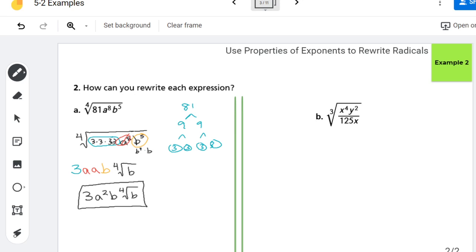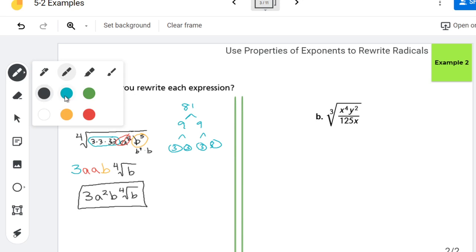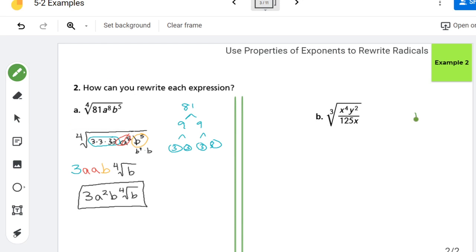Alrighty, so let's go ahead and let's try one last one. So again, I'm going to start by breaking up the coefficient there, the 125. I like to think about money whenever I see things ending in 25. If I had 5 quarters, I'd have $1.25. And I know that 25 times 25 is 5. Okay, so another way to write this problem, I have the cube root